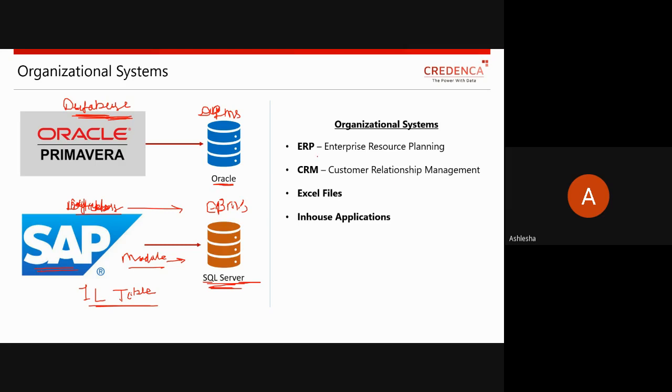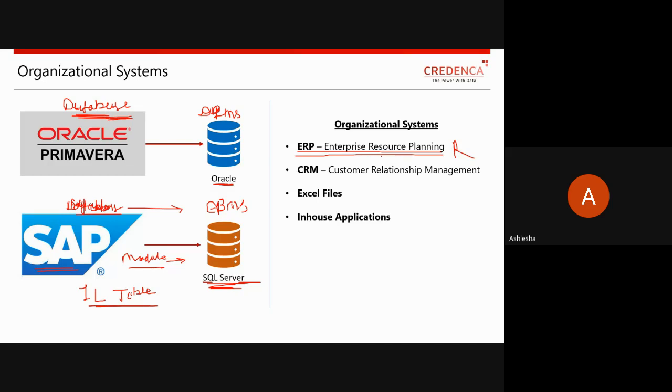Similarly, there are other popular databases, like the ERP system, enterprise resource planning. Most of the educational sector and organizational sector, including Reliance, use this ERP system to plan their resources.